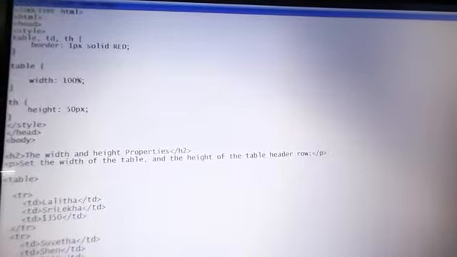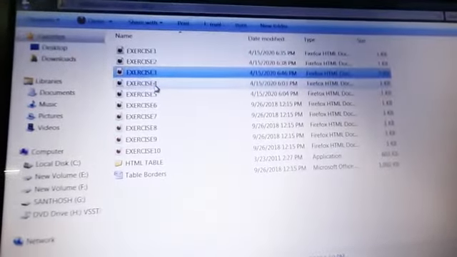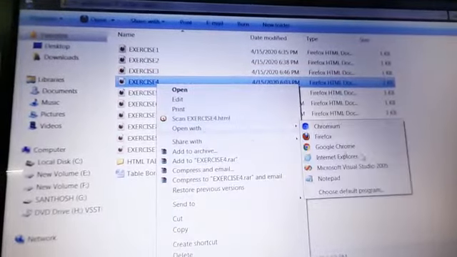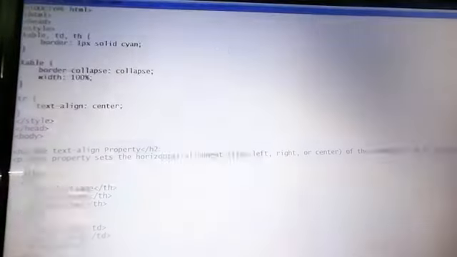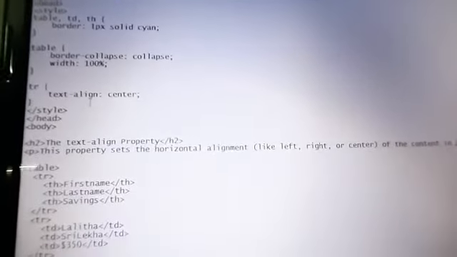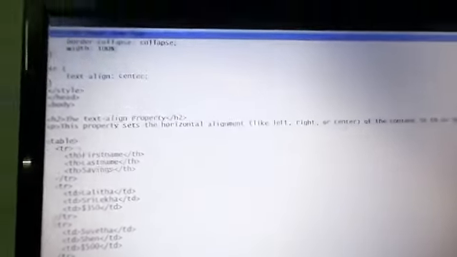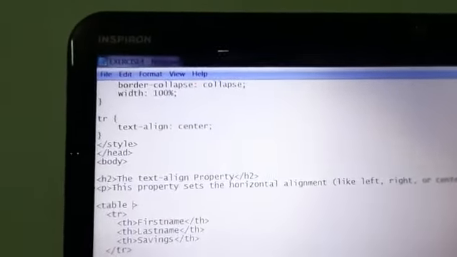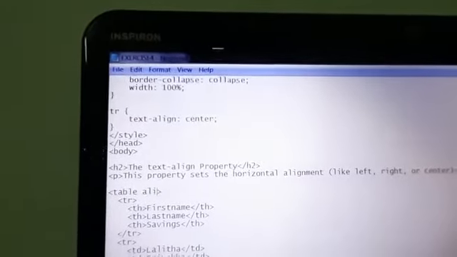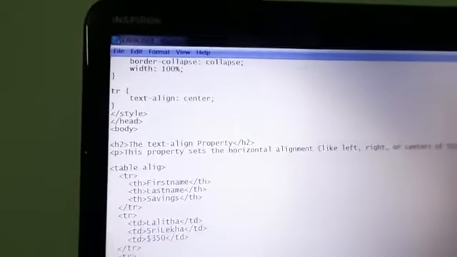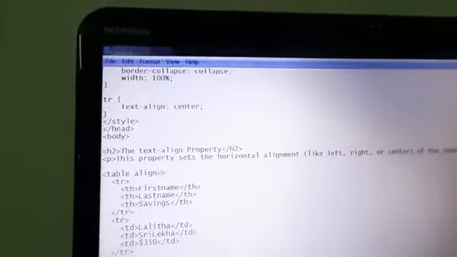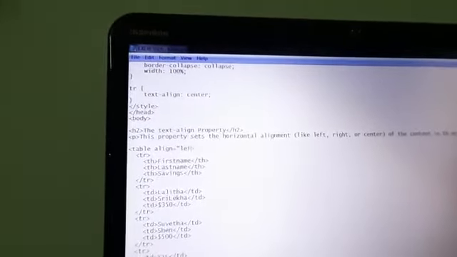Next we see about alignment. Simply you can set the alignment within the table tag. So just give align equal to left.